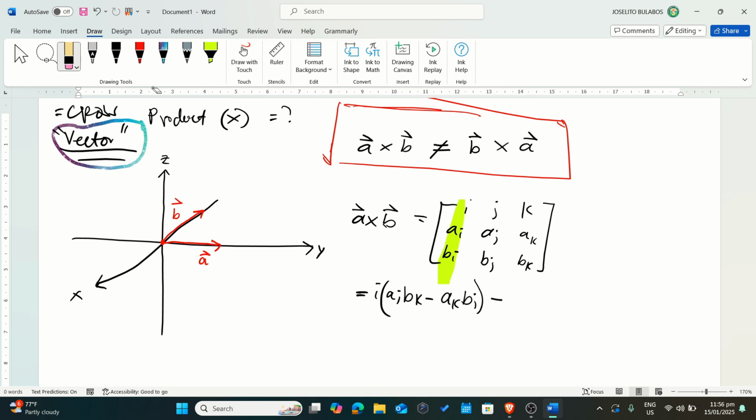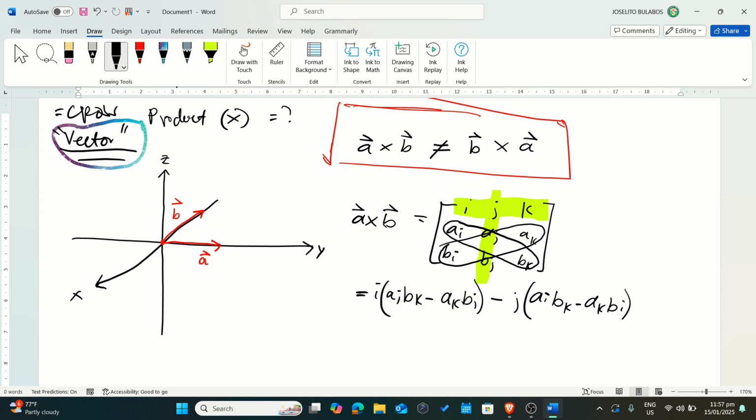Let me just delete that highlight. So the second one is J, same, multiply this by that and this by that. Okay, what we get is AJ BK minus AK